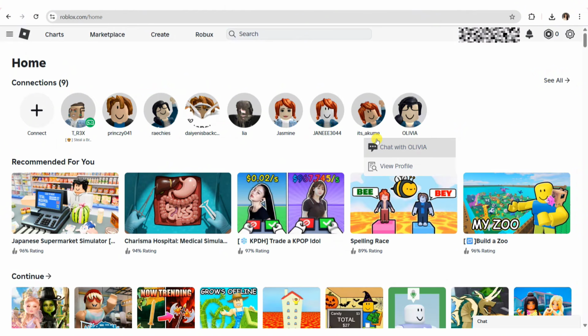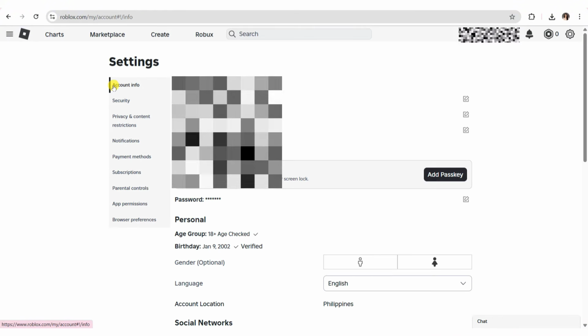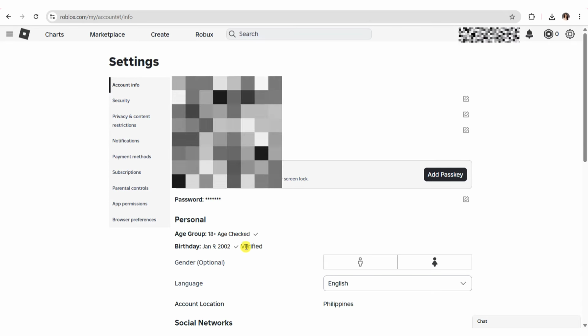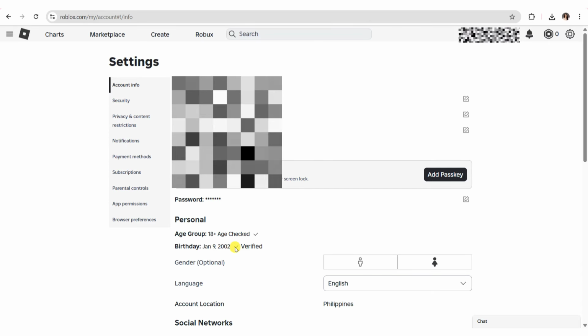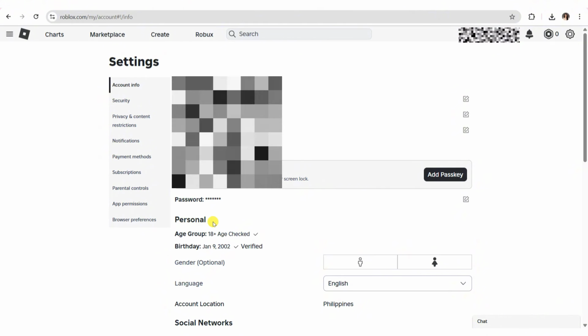So to get started, go ahead and log in to roblox.com or open the Roblox app. And then click on the gear icon at the top right and then select settings. Now once you're on the settings, head over into the account info section and then look for the age verification section. So as you can see, my age has been verified and checked already, but you'll basically find it under